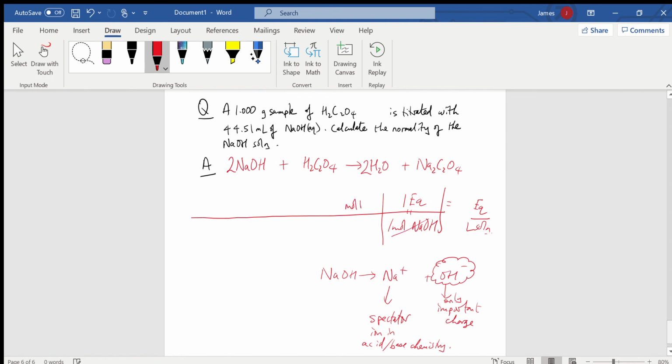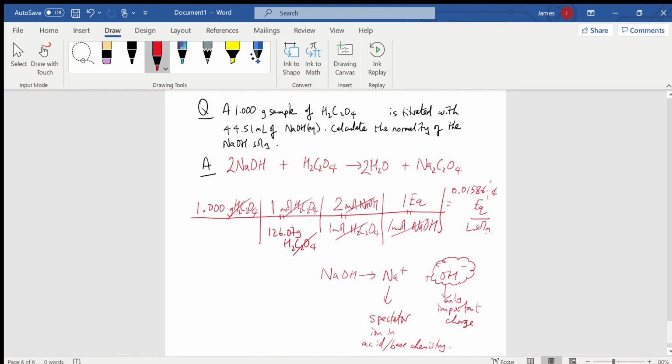Okay, so mole of NaOH. From the balanced equation, I have 2 moles of NaOH, and that's equal to 1 mole of our oxalic acid. By definition, a mole of oxalic acid is its weight in grams, so that's 126.07 grams of oxalic acid. And on this occasion, I had a gram. So this is going to give me 0.01586